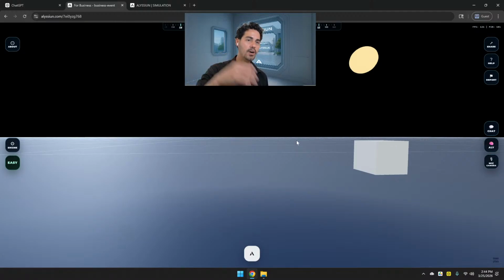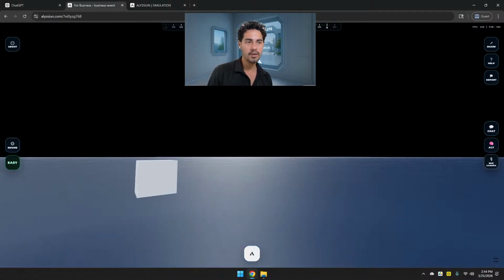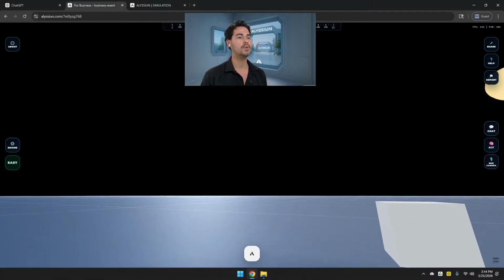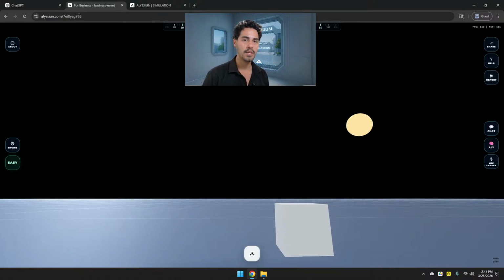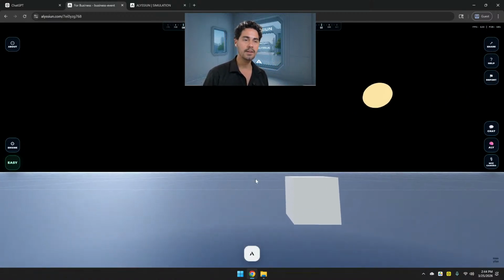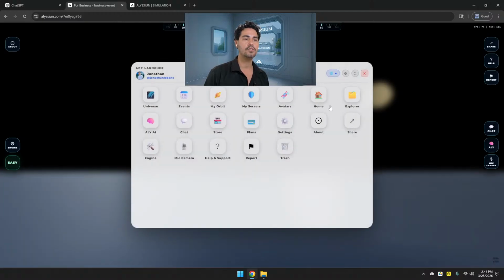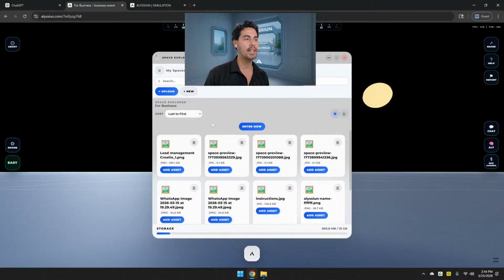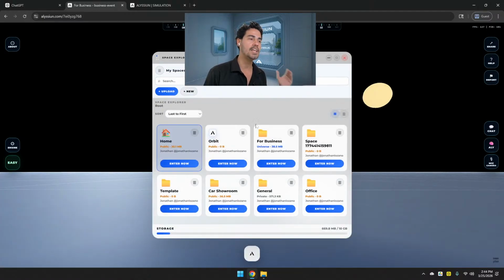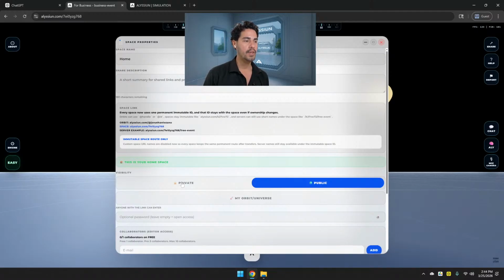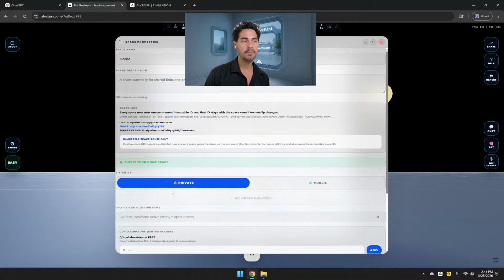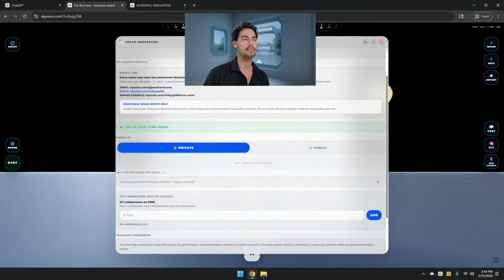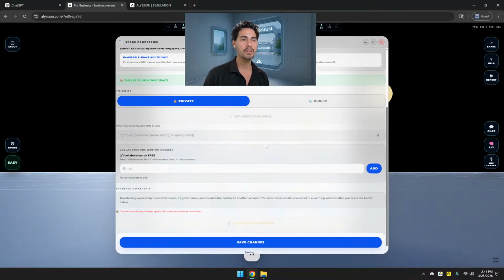Home. You go home, you can build here a really nice home or office, whatever you want. This is your private environment. And friends can also join here with a private key. You can go to explore here and allow access to your home, but that's really with a private key. And as you see here, you have private and public. Public, you can access it. When you set it to private, nobody can access. That's your home. You can just save it here.